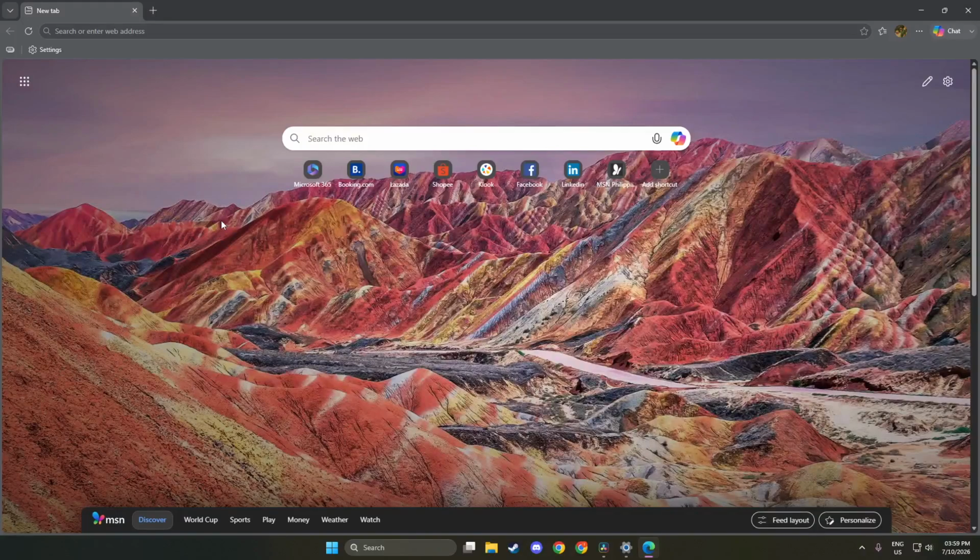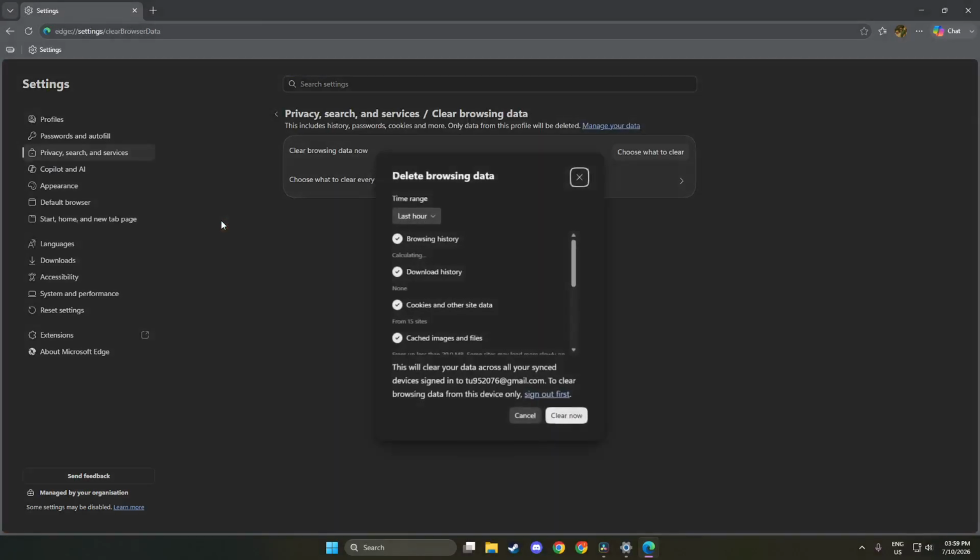Next, press the keys Ctrl, Shift, and Delete all at the same time. You will need to hold down the Ctrl and Shift keys while you press the Delete key. This action opens a new window for clearing your browsing data. It is essential to know that this is a common step in resolving download issues. By clearing certain data, you can eliminate potential conflicts that may be causing the virus scan error.